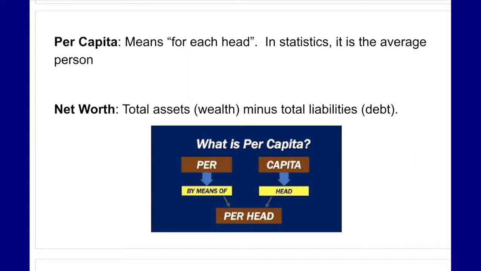Net worth is the total assets or wealth minus the total liabilities or debt. So if you're looking at someone's net worth, you look at their assets, which could be things of value such as just money saved, stocks, investments, properties, even cars, things like that. So you look at their assets and then you take away or subtract their liabilities. So what are their debts? So it could be credit card bills if they owe money, could be loans, mortgages, anything where they have to pay money back or they owe money. So your net worth is that difference.